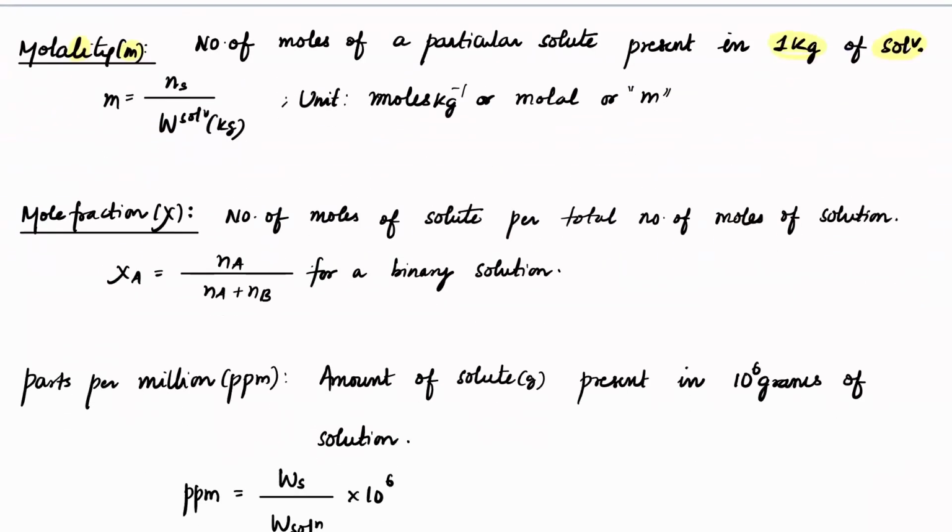Next, mole fraction. Mole fraction X represents number of moles of solute per total number of moles of solution. So number of moles of one particular solute upon total moles of the solution. This is for binary. Binary means only one solute and one solvent present. If you have multiple solutes, it does not matter; all of those additions you have to do here. And number of moles of that solute,